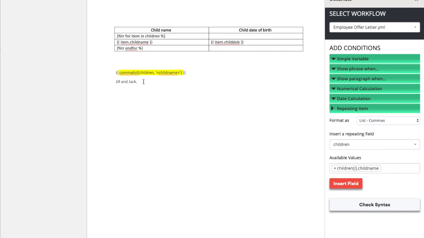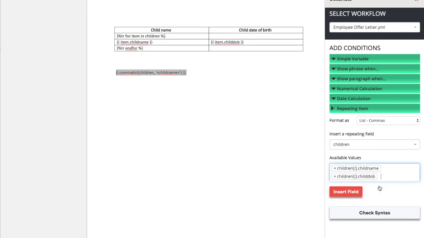Now, I can also add additional attributes into this. So for example, let's say I want to add both the child name and the child date of birth. And then I click Insert Field. What this is going to do for me is it will insert each of the children's names and the child's date of birth. So I can actually customize this text to say child name, comma, who is born on child date of birth. What this will do is it will say Jill, who is born on